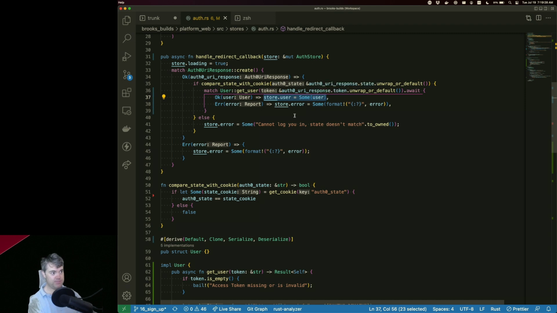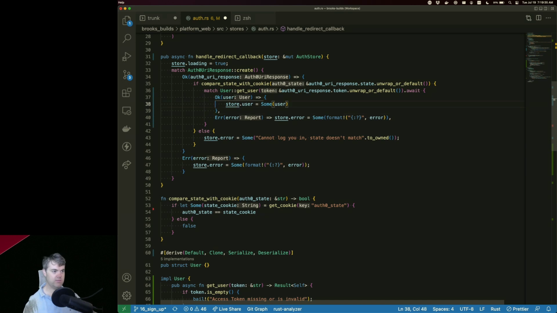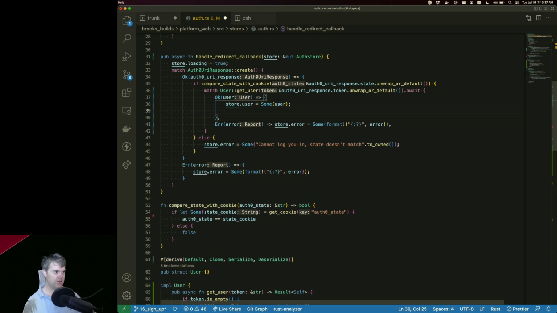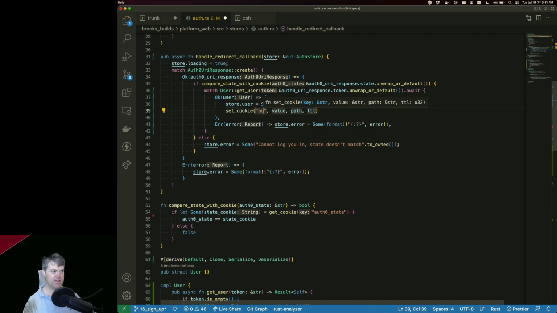a cookie. So let's do set cookie, key auth0 token, value, the value of our token.